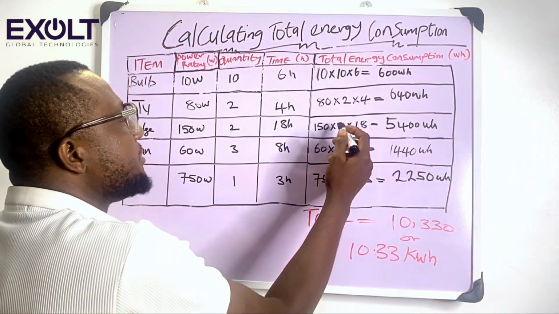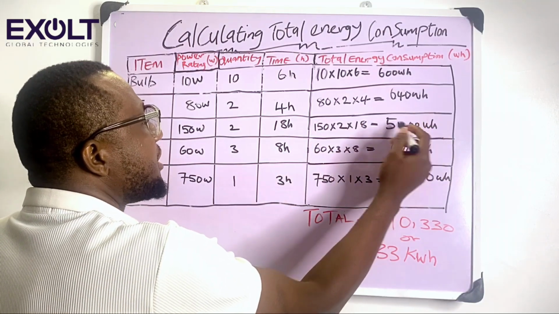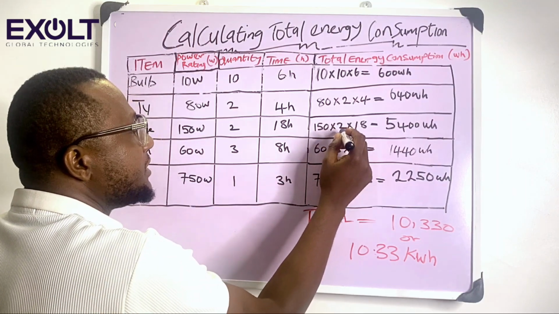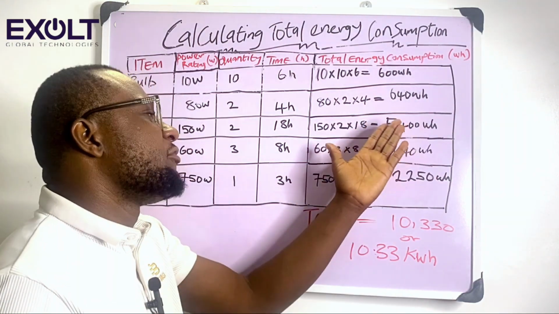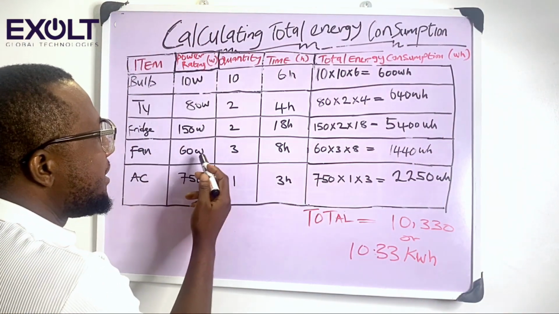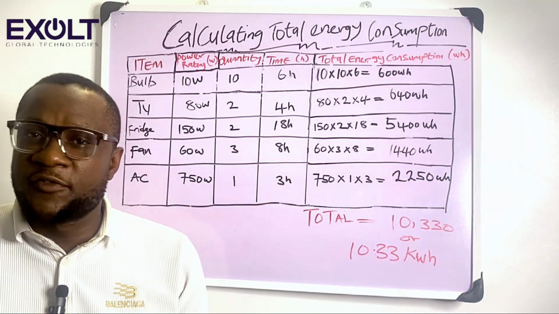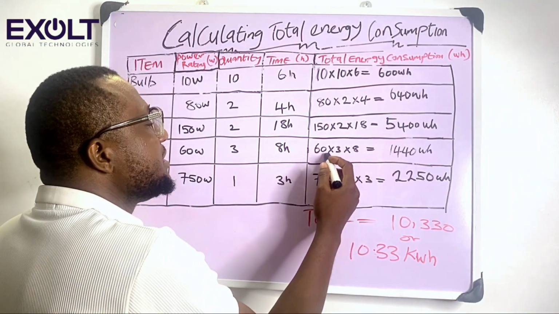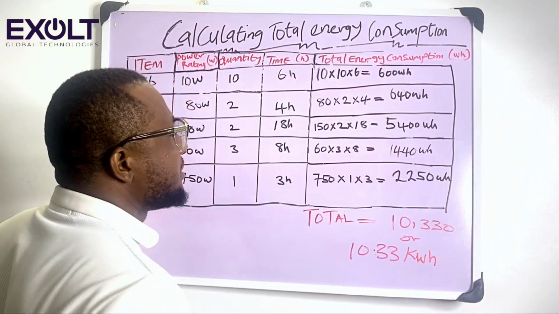If it is 150 watts and we have two of them, maybe a refrigerator and a freezer, after multiplying the wattage by the units of equipment by the time it will be running, we have about 5,400 watt hours. The same thing was done for the fan, which is around 60 watts, and we have three of them multiplied by 8 hours that we may likely use the fan, maybe over the night when we'll be sleeping with the fan. So 60 multiplied by 3 multiplied by 8 hours of usage is